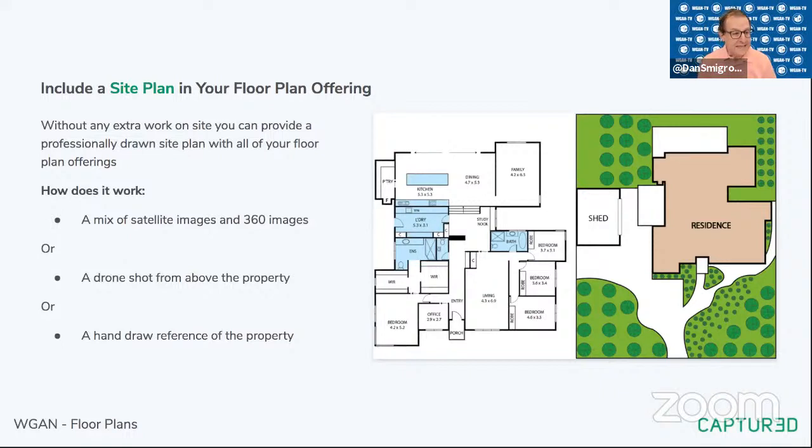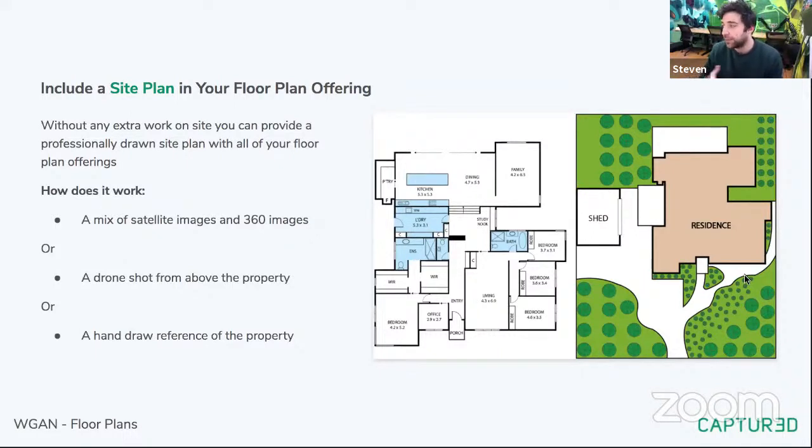Great. Second is, if I have not shot any Matterport 360 views or any Matterport scans outdoors, and I don't provide you any drone photography, are you still able to do the site plan based on the satellite images alone? Yes, we are. The accuracy of the site plan might not have the finer details like shrubs or trees under awnings that we wouldn't be able to see, but we'll be able to create pretty well the site plan that you see on the right-hand side here. You can see where the residence is, the shed, the pathways, and the main areas of that property in itself.